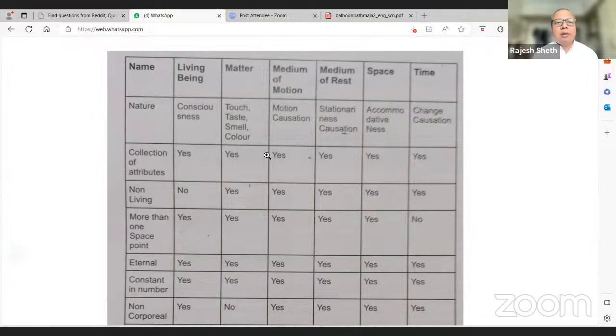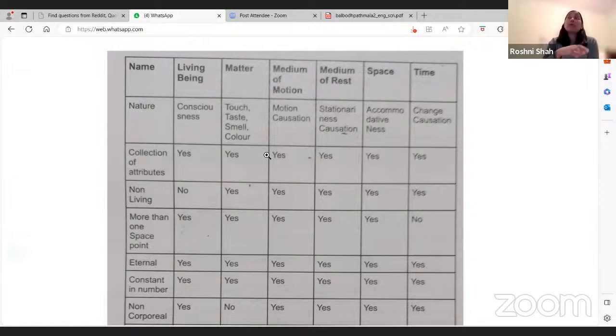So we can identify a soul through its consciousness. Similarly, we can identify matter through touch, taste, smell, and color. And then regarding medium of motion, I'm not understanding very well, but for example,